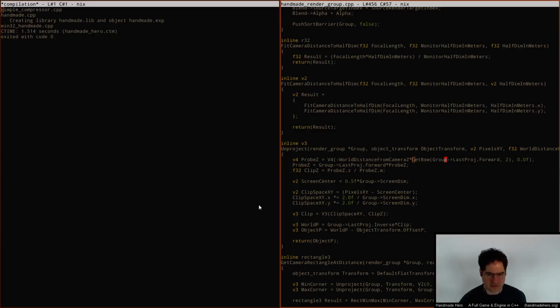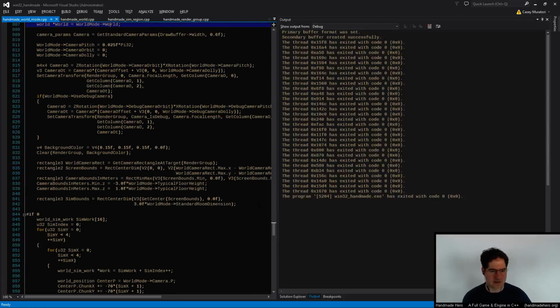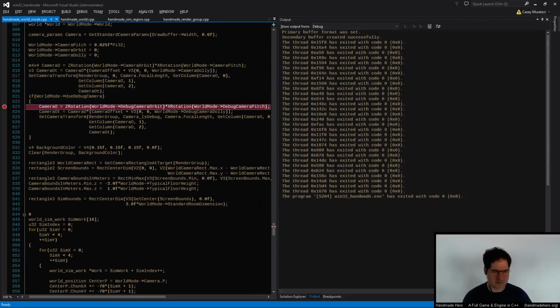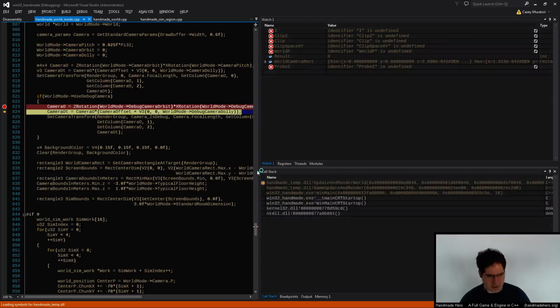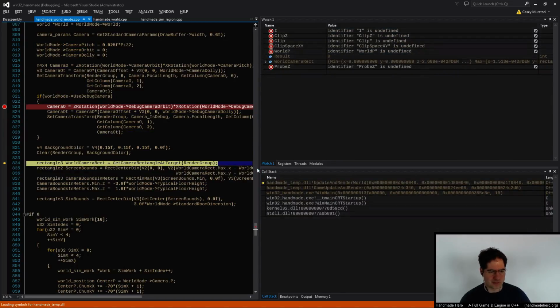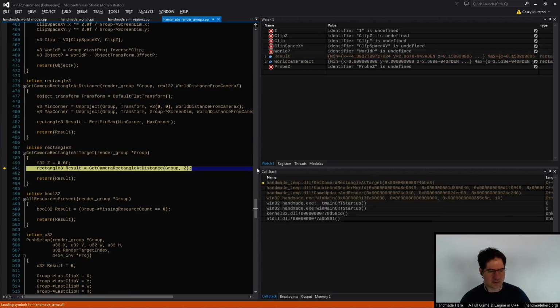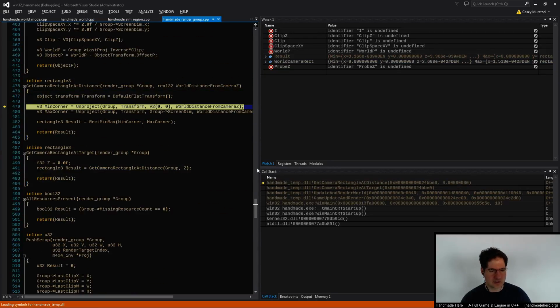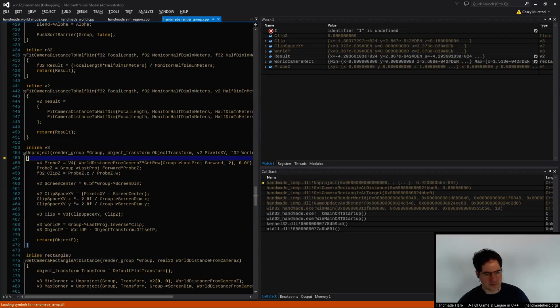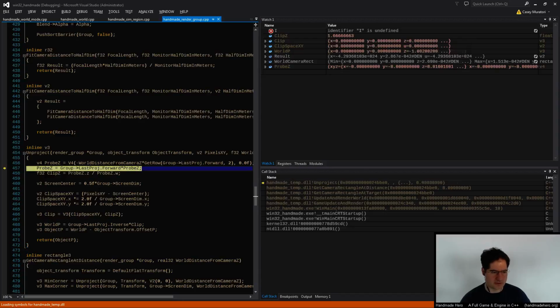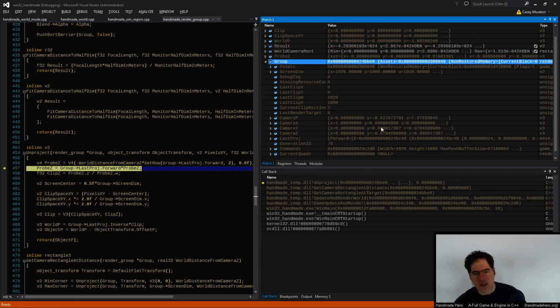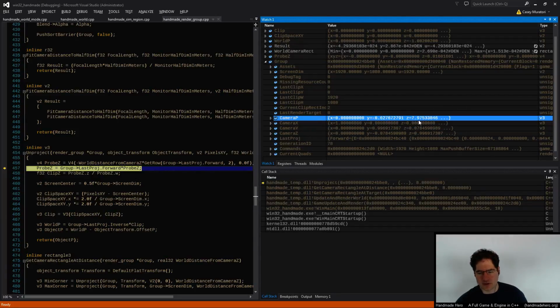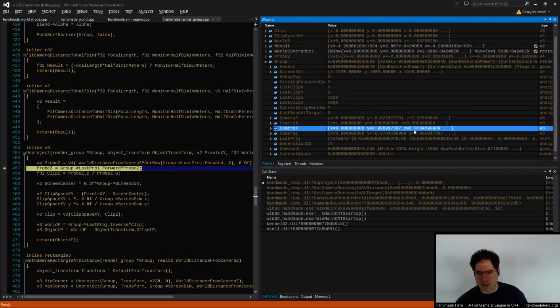So let's just take a little bit more time to get in there, because again, this is exactly what we want to be doing right now. We don't want to go further down the path of working with these things before we've got them a little bit more under control. So I want to take a look at what's going on here and why that's happening. So let's think this through a little bit. I want to take a look at what our probe Z value is and what our camera is supposedly. So if you take a look at what we've got for our camera location,